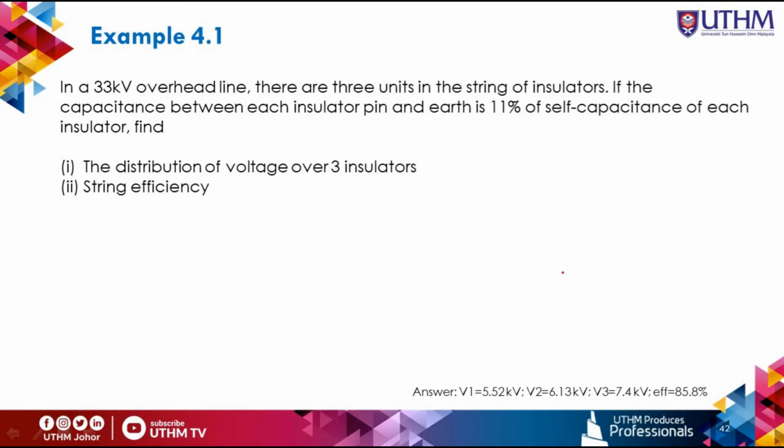Okay, now we look at example 4.1. In a 33 kV overhead line, 33 kV is referring to the line voltage. There are 3 units in the string of insulators, meaning that N equals 3. If the capacitance between each insulator pin and earth is 11% of the self-capacitance of each insulator, this means that